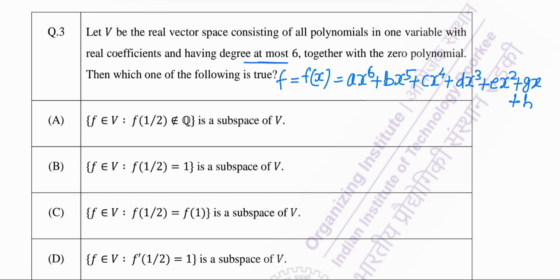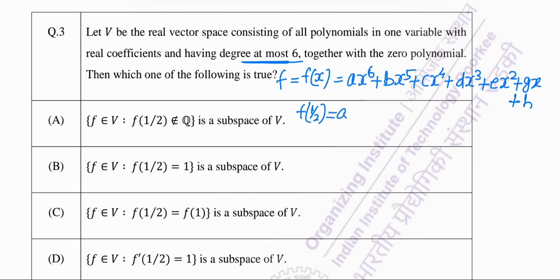at most 6. This means that the coefficient of highest degree term, that is a, may be 0. Okay, and now we see the options one by one. So f(1/2)